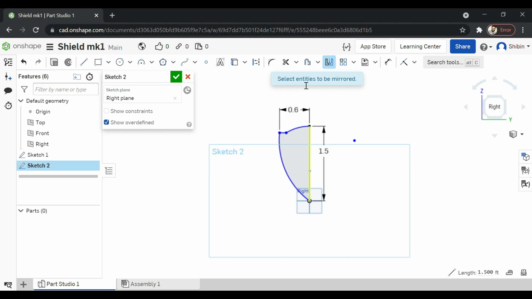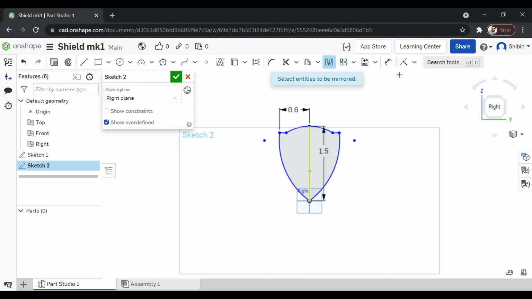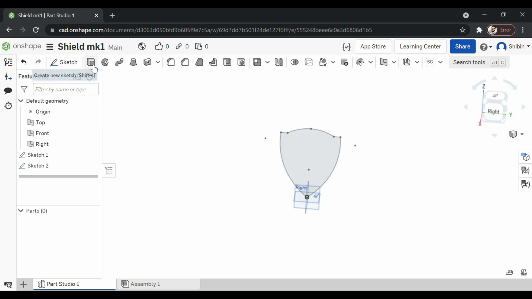Now select the entire sketch. Now you get the mirror image of that. Now let's remove the center line. Now it does look like your shield, right? Now click on extrude